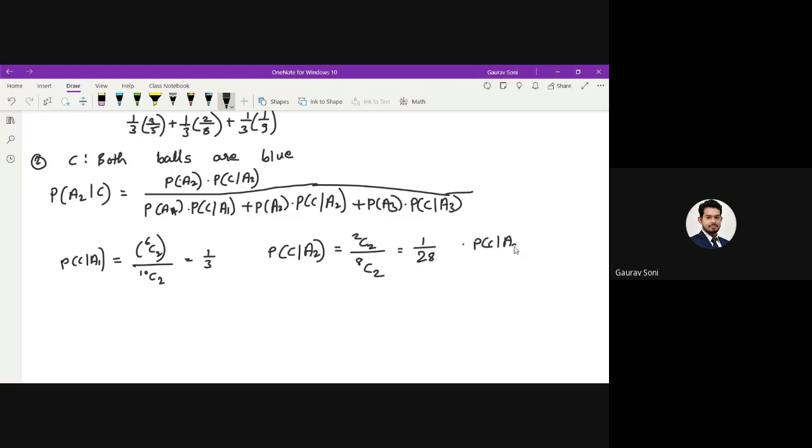Probability of C when A3 has occurred is 0, because in the third event there is just one blue ball and there is no probability that you will get two blue balls from the third bag. So let's put the values and find A2 when C has occurred. The answer is